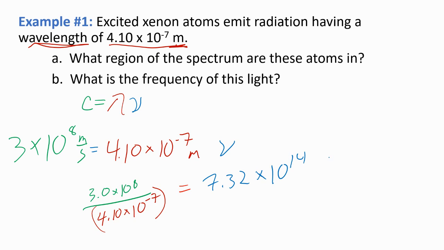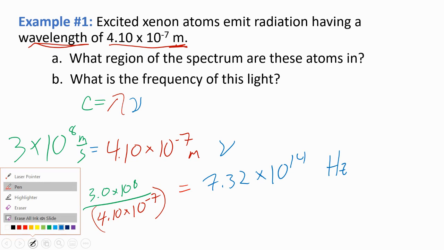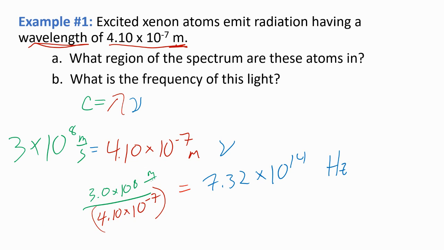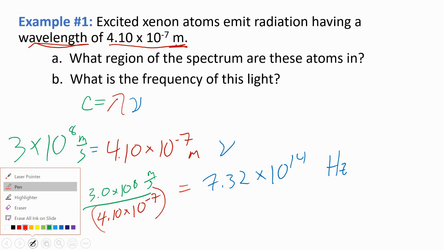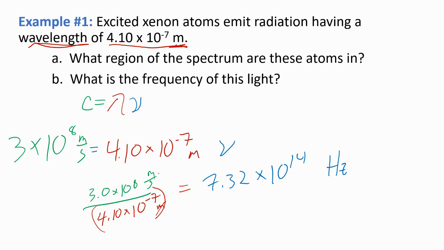And the units of that are hertz, or 1 over seconds. So meters over meters per second, that should make sense to you: this is meters per second, and this is meters, and the meters will cancel, and you'd get 1 over seconds, which is what hertz are. All right, another way to make sure you're doing your work when you're dividing exponents of 10,